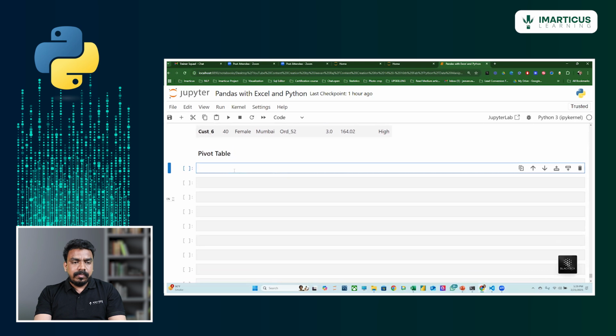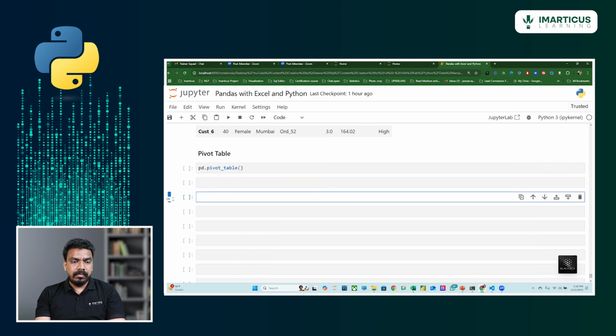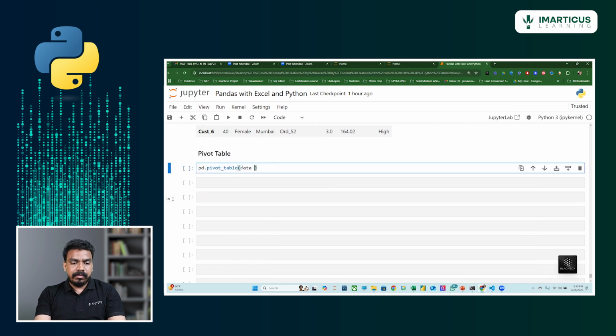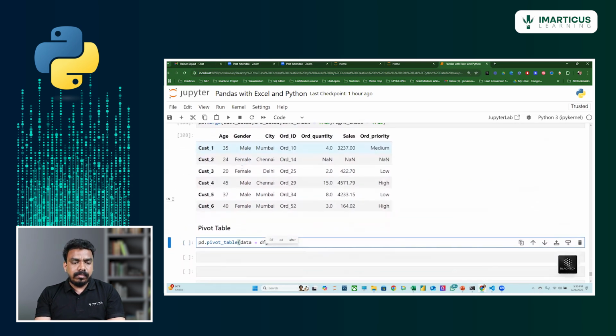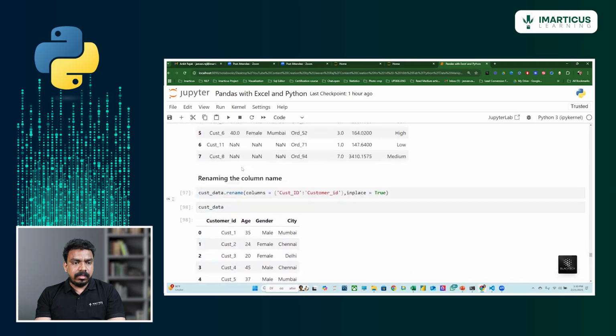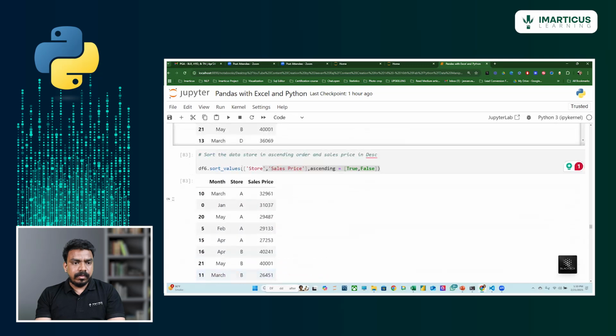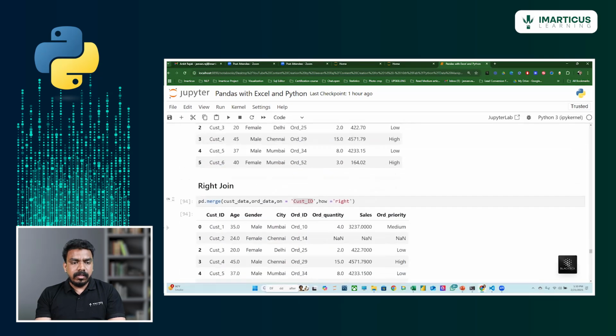So let me write pd dot pivot underscore table. Alright. So in the pivot table, let me see what are the arguments that it takes. First thing is they're asking for data. Let me copy this parameter and paste it here. So data is equals to df1. Let me take this particular df6, right? So the data frame name is df6. So let me take df6 here,